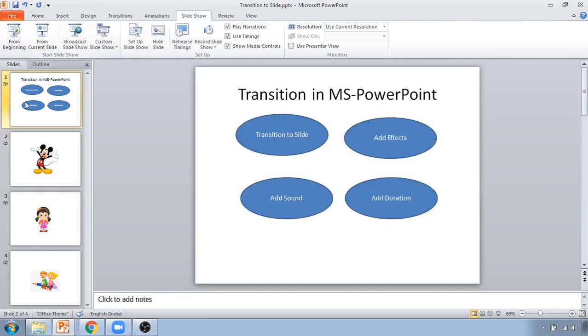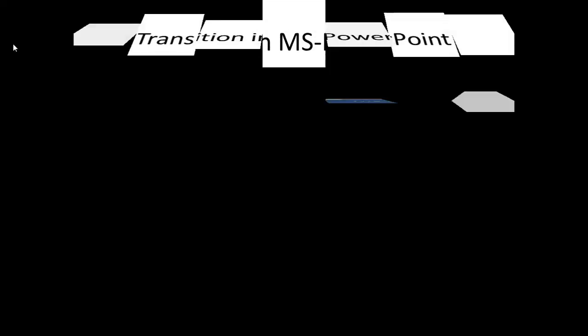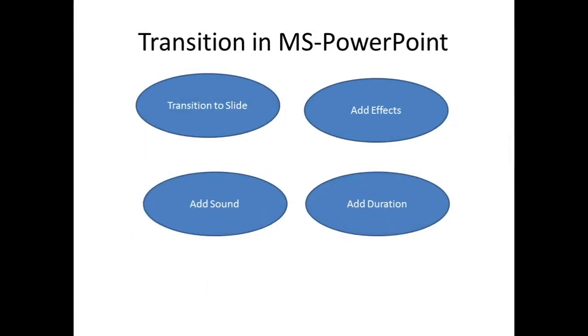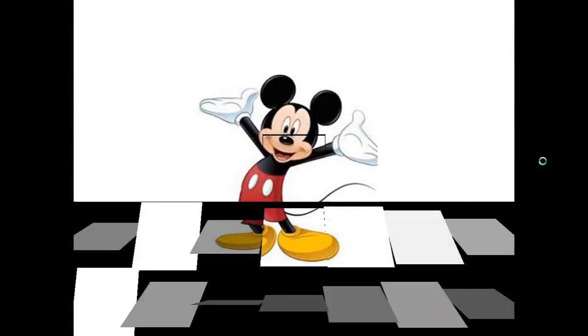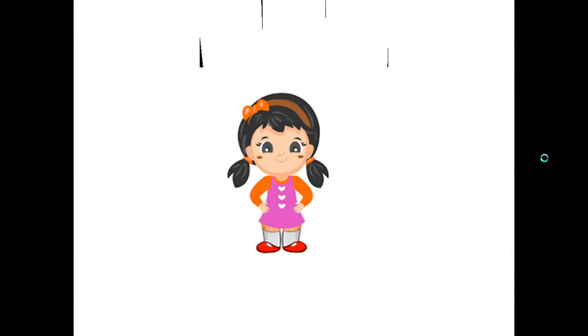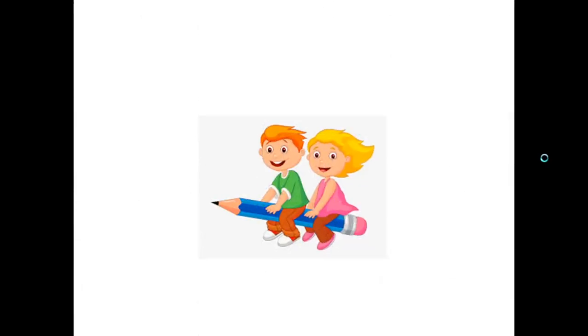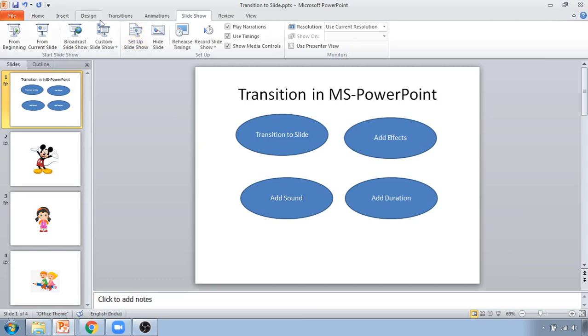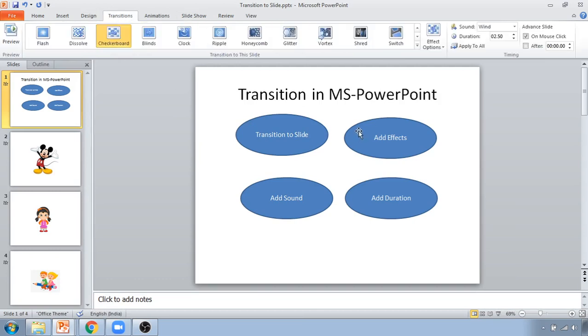Now when you are going to see the preview, it is going to play the transition and the sound simultaneously. Now if I start the presentation like this, for each slide it will show the different transition with the same sound. You can also apply a different sound to your slide, but I have used only one sound for all my slides, so that's why they are showing me the same sound with a different transition.